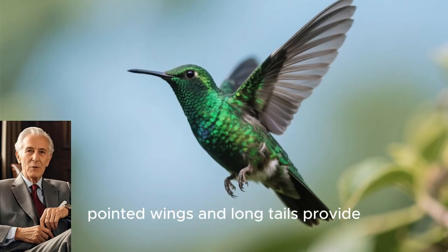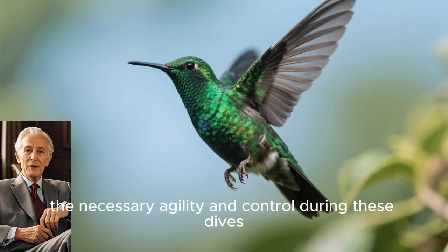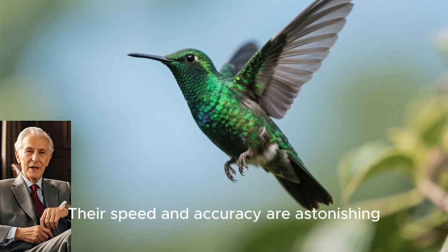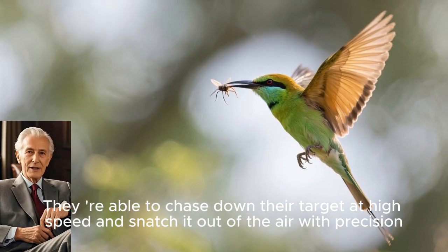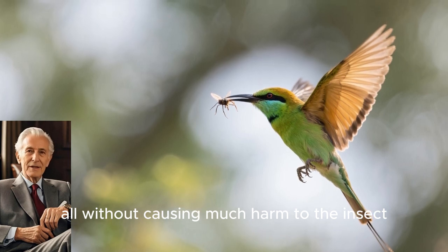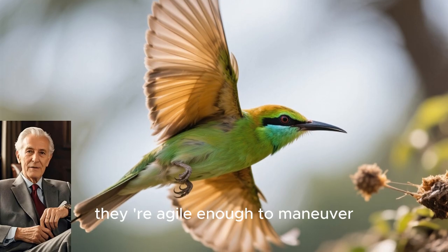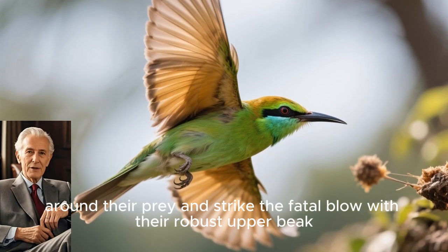Their slender, pointed wings and long tails provide the necessary agility and control during these dives. Their speed and accuracy are astonishing. They are able to chase down their target at high speed and snatch it out of the air with precision, all without causing much harm to the insect. Despite their speed, they are agile enough to maneuver around their prey and strike the fatal blow with their robust